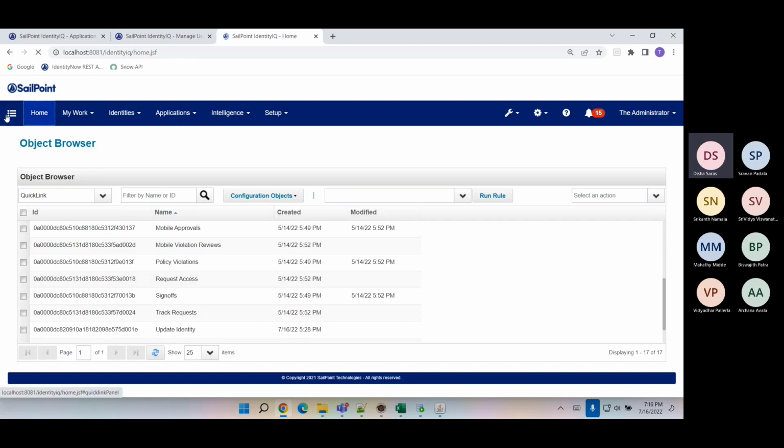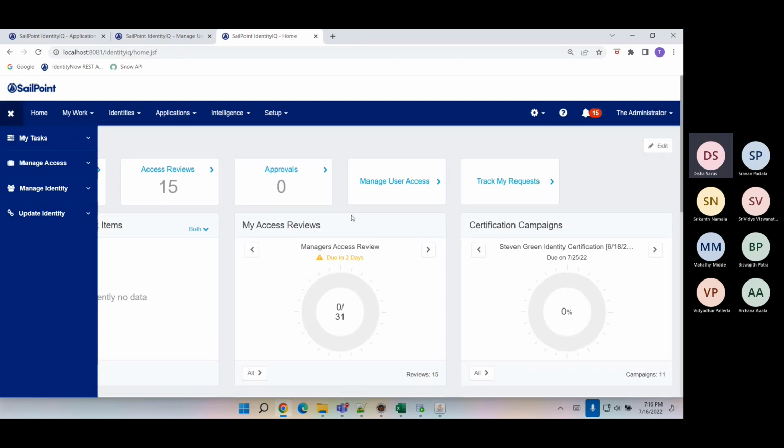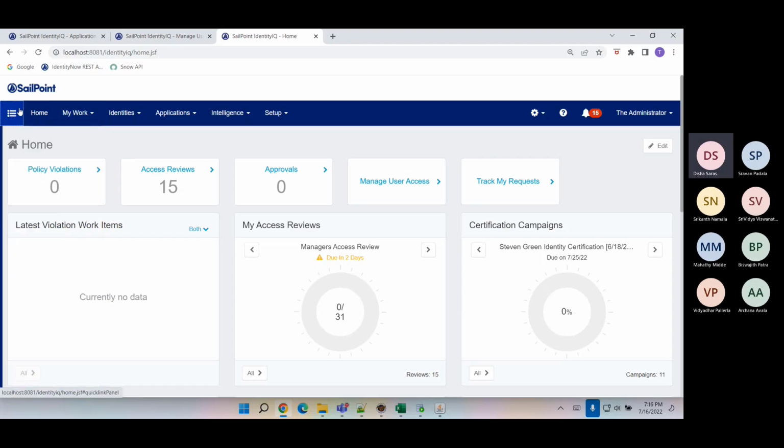And who can view this quick link? By default, you can make everyone see the quick link, right? But there could be some quick links where you want to restrict access to a specific group of people. In that scenario, if you want to do a restriction, quick links will always be tagged to